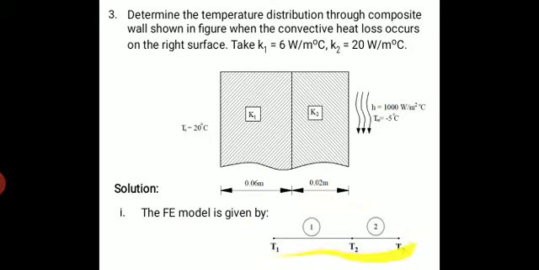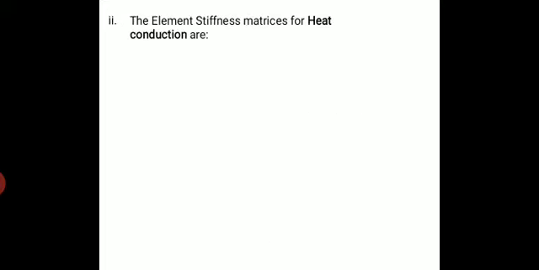So here, instead of specifying nodes 1, 2, 3, I specified T1, T2, T3, where it shows the temperature points, meaning at those points, what is the temperature that we can find using this problem. Fine.